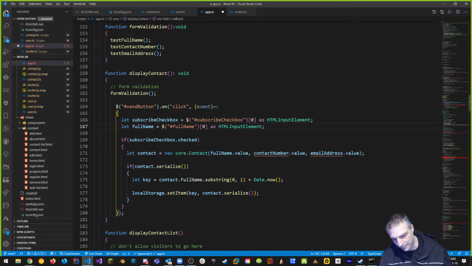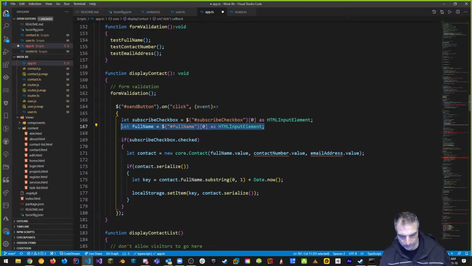That silences the problem because value actually is something that is good. By the way, if I just did this, it's not good because it says value does not exist on a regular HTML element. But an HTML input element, that works.